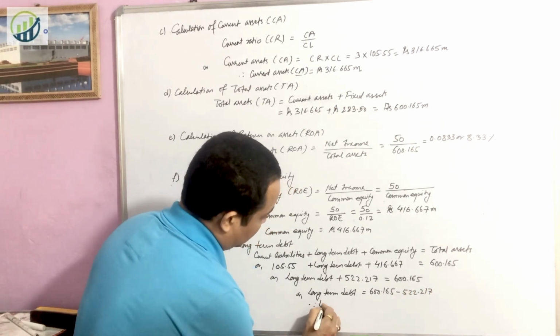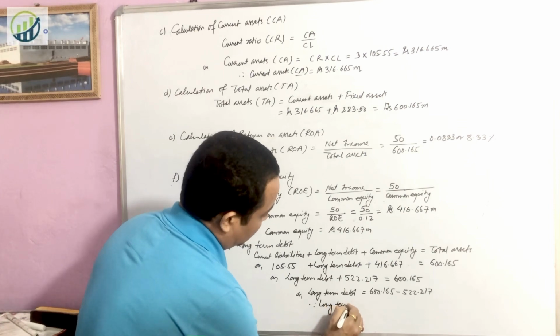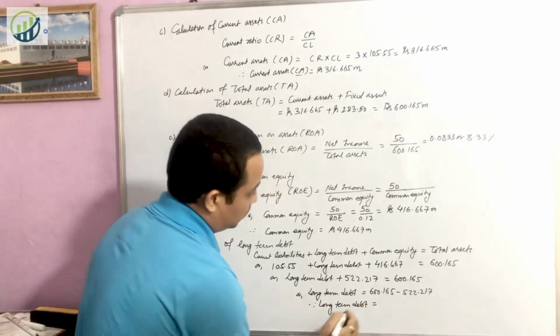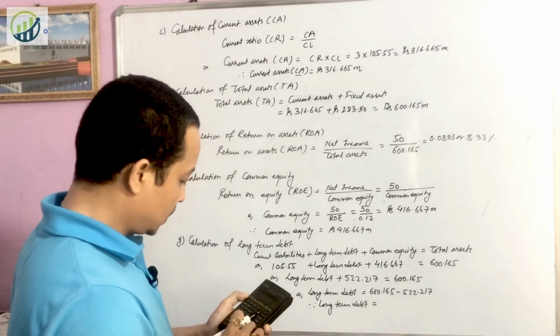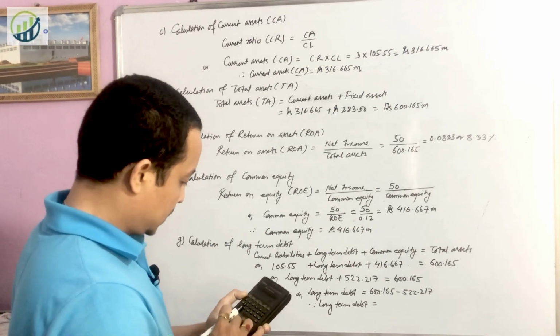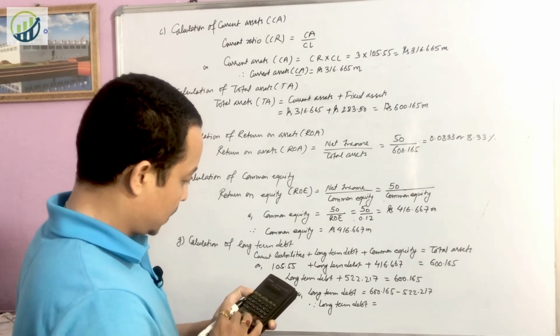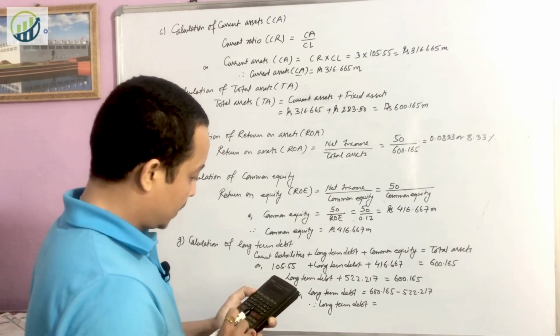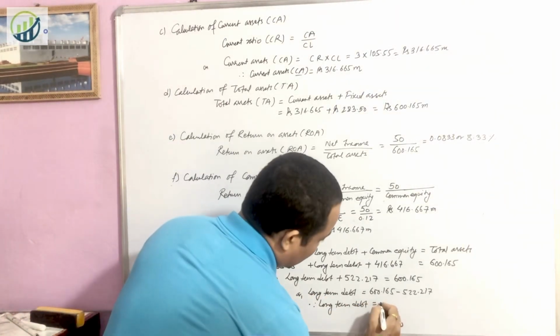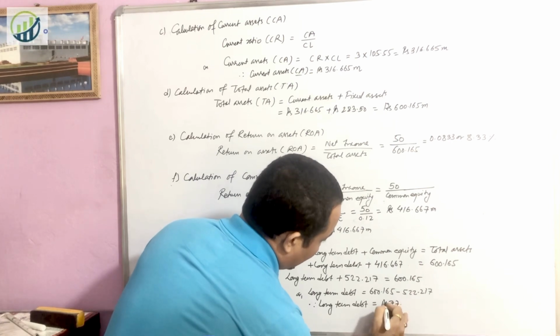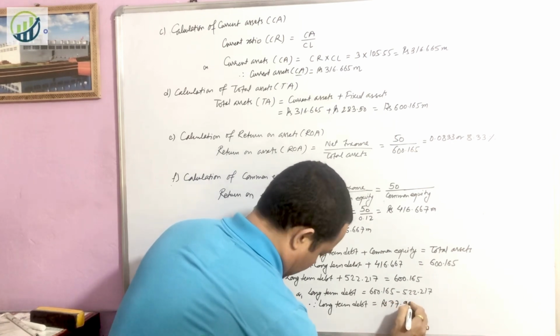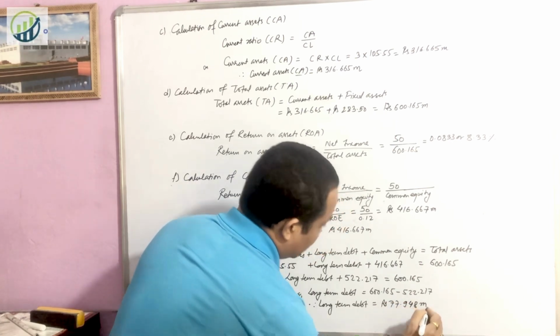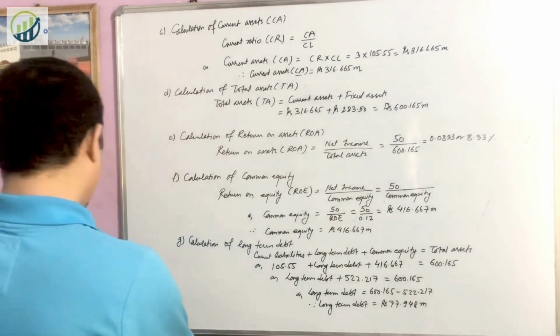So therefore long-term debt equal to 600.165 minus 522.217, that will be rupees 77.948 million. Okay, so in this way you can